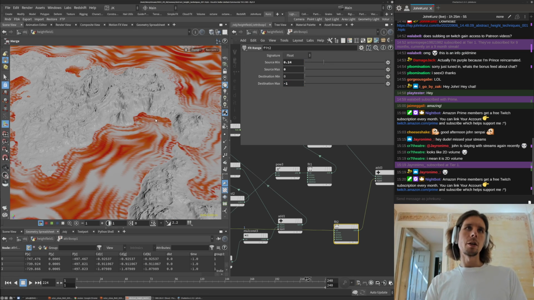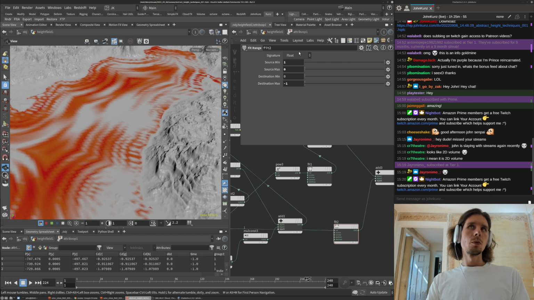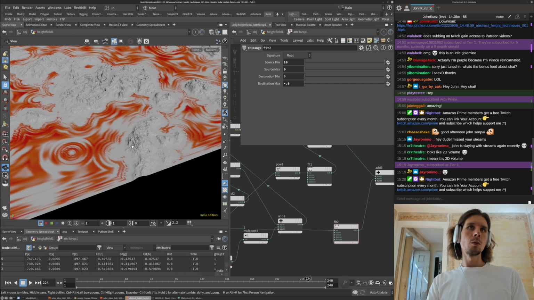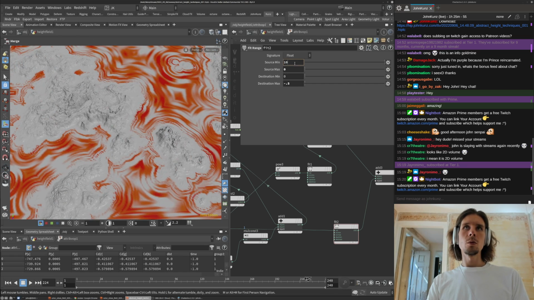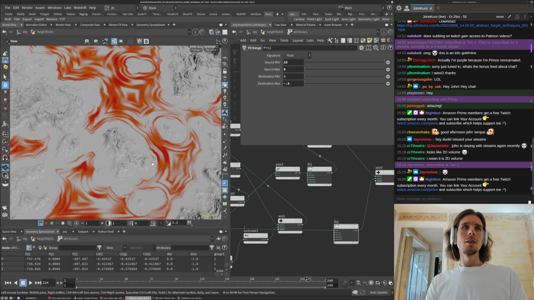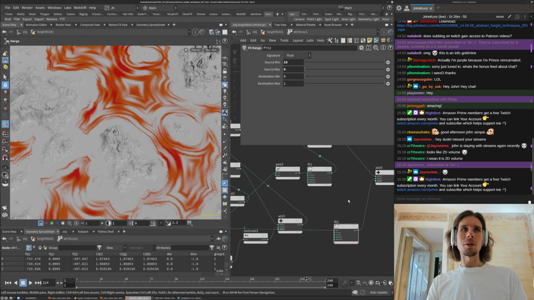I want it to get whiter near the coastline a little bit. Oof. I feel like this is a real subtle